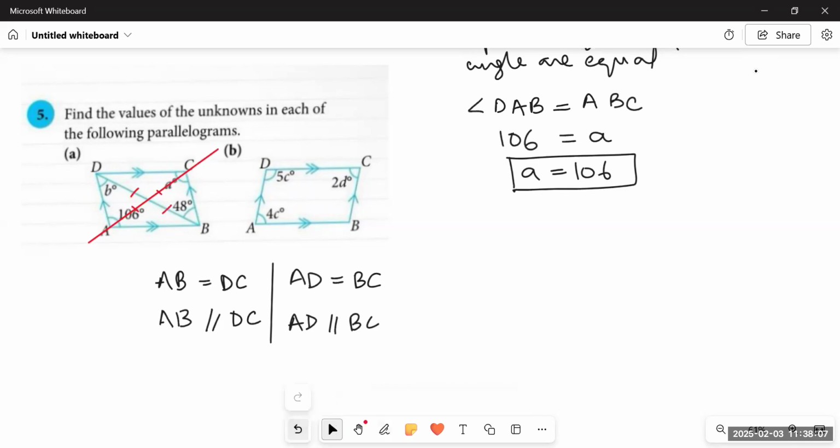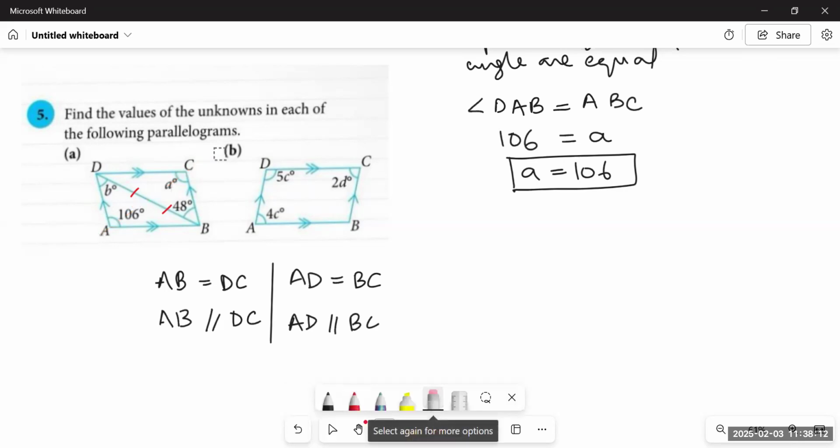But since we do not have another line over here, what else can we do? Look. Students, in a parallelogram, what happens? Between the two parallel lines, the two adjacent angles are equal to 180 degrees. That is, the two adjacent angles are supplementary. What does it mean? It means the angles DCB and CBA. But we can see at point B, this angle has been split into two parts, 48 and angle ABD. Let us mark it as ABD.